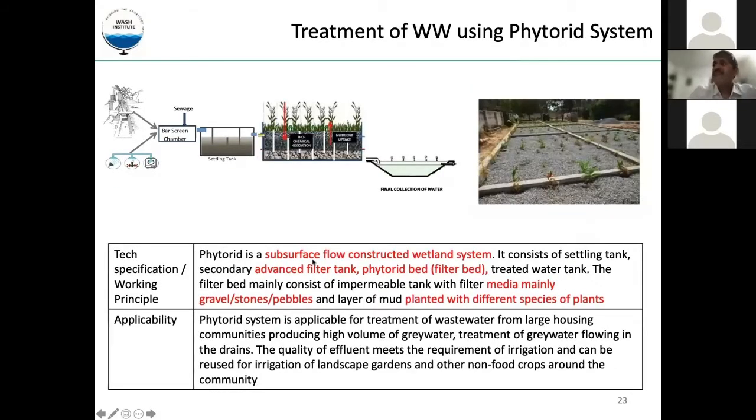A third system again is a phytorid system. Basically, again, the systems are the same. As I said, it's a nature-based system. Some different agencies have developed this system on their own, by tweaking a little bit here and there with the treatment modules. Otherwise, the treatment principles are the same. The beginning is screening, then comes settling. After the settling, as in the case of DWATS, there is further biological treatment in an anaerobic method, where further digestion takes place, and then water comes into the planted gravel filter or a constructed wetland, as we call it, where the water is treated to the next level.